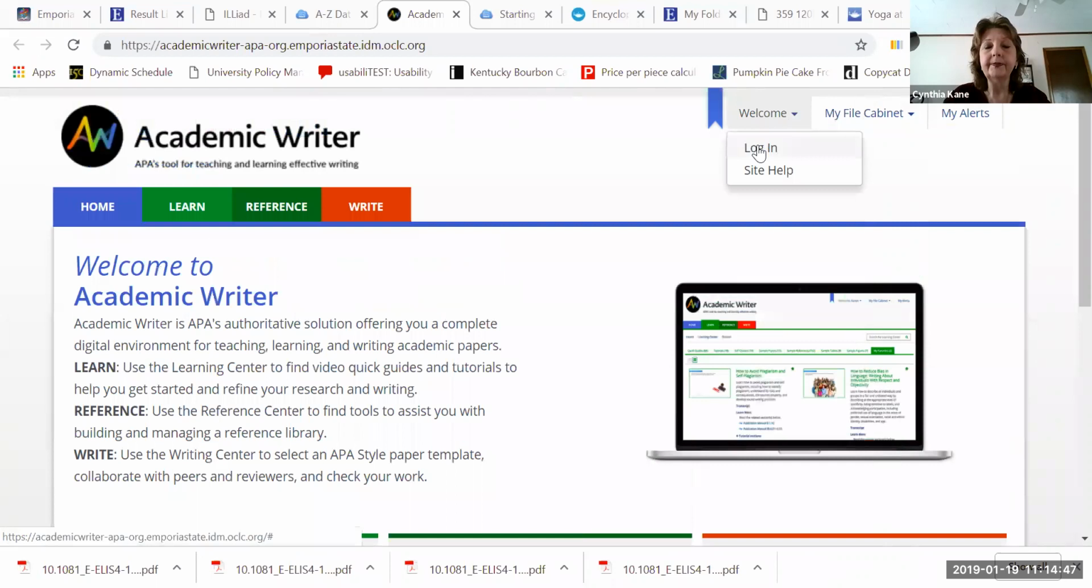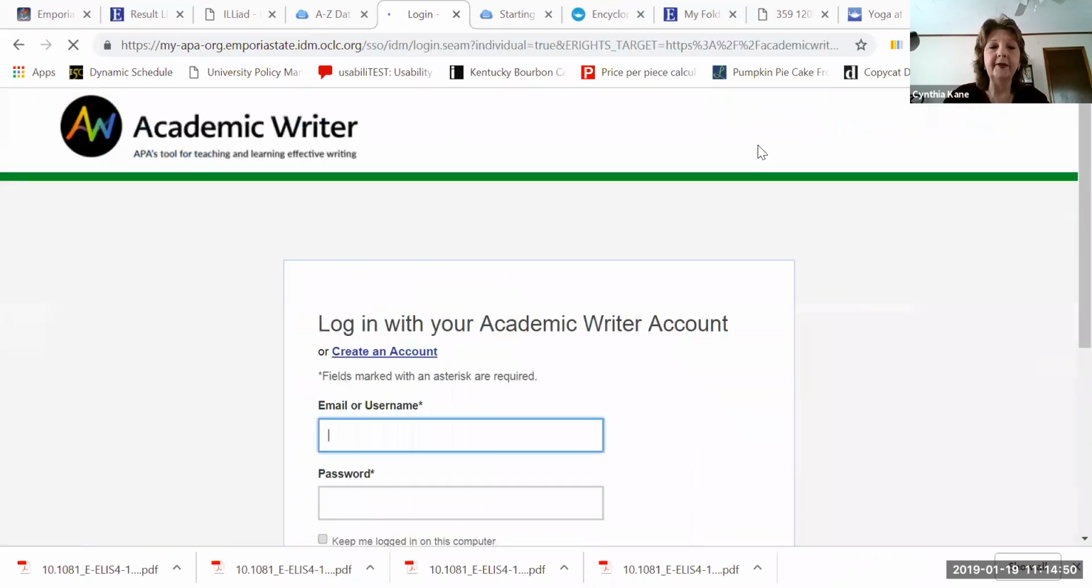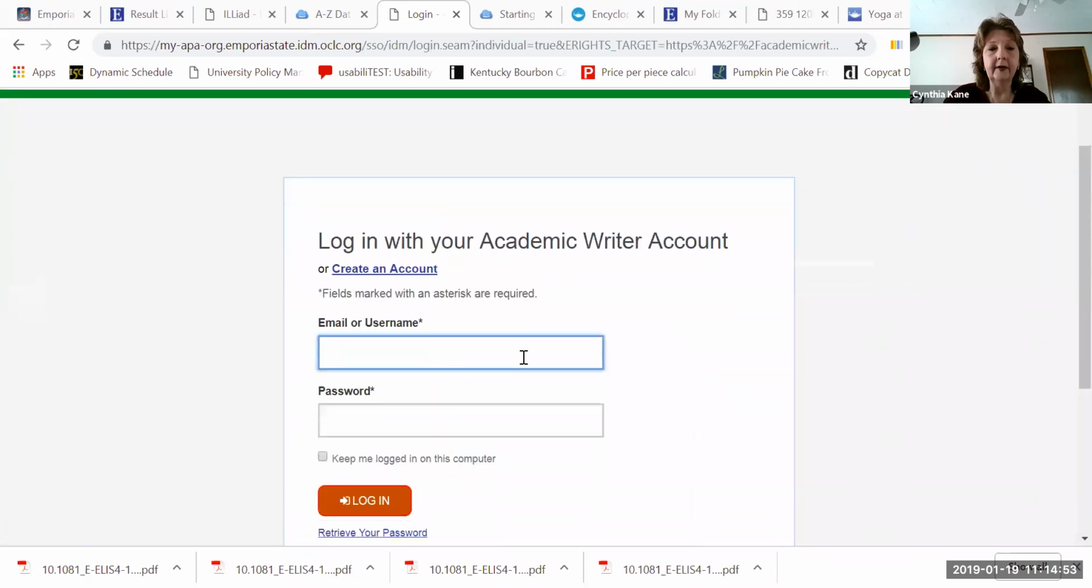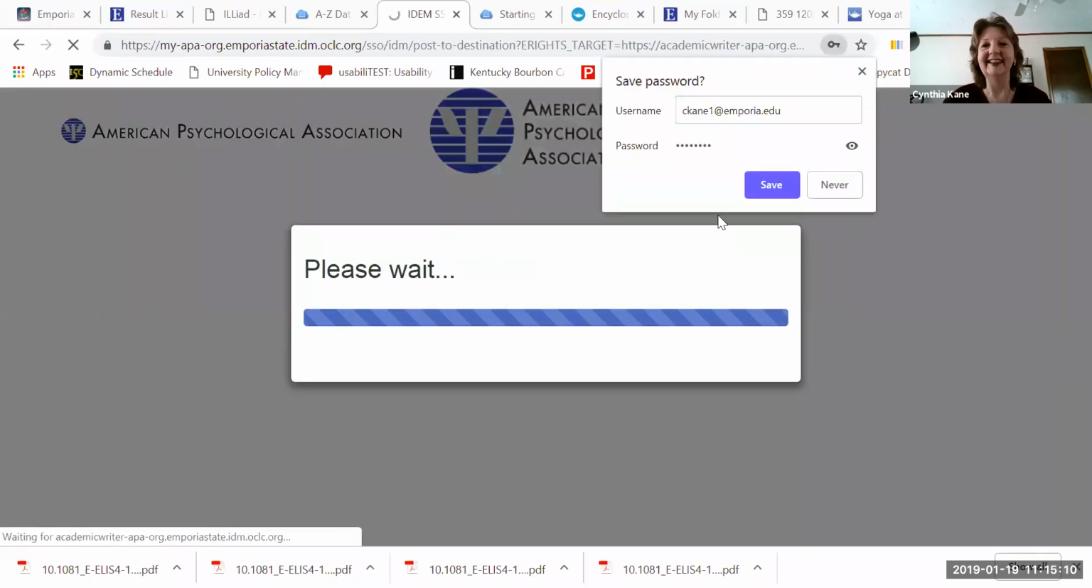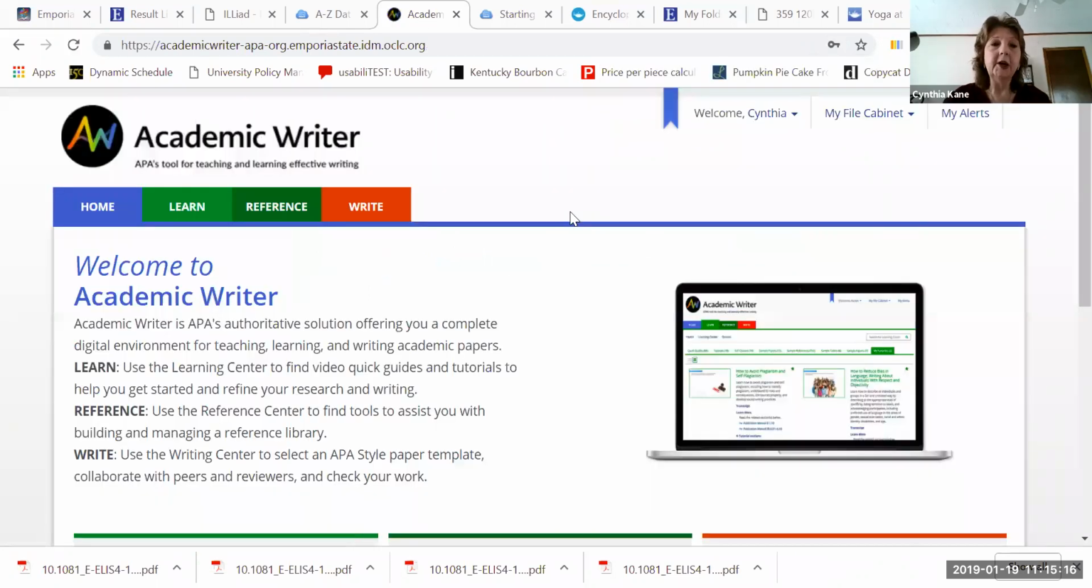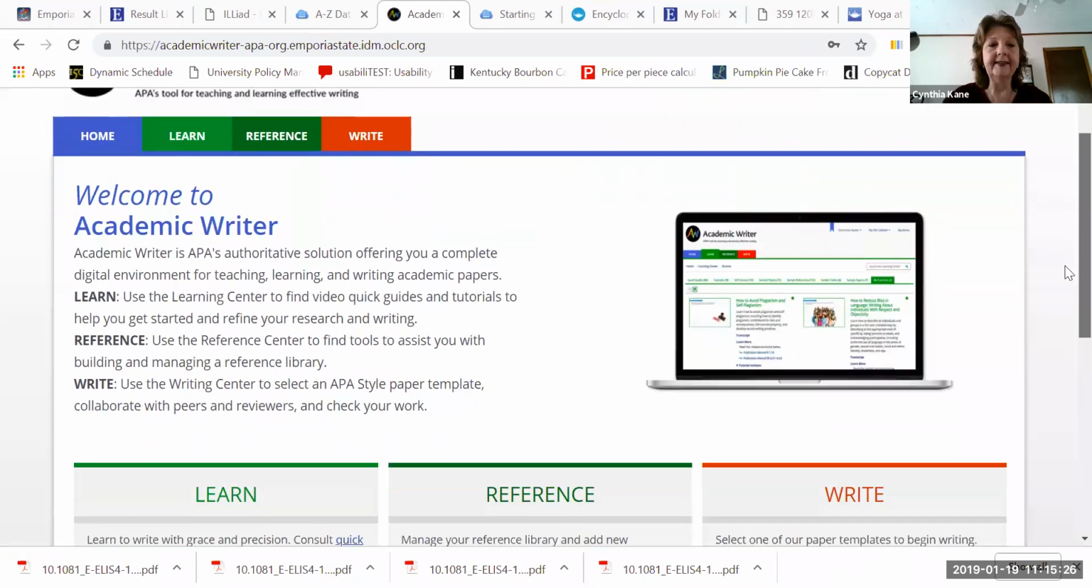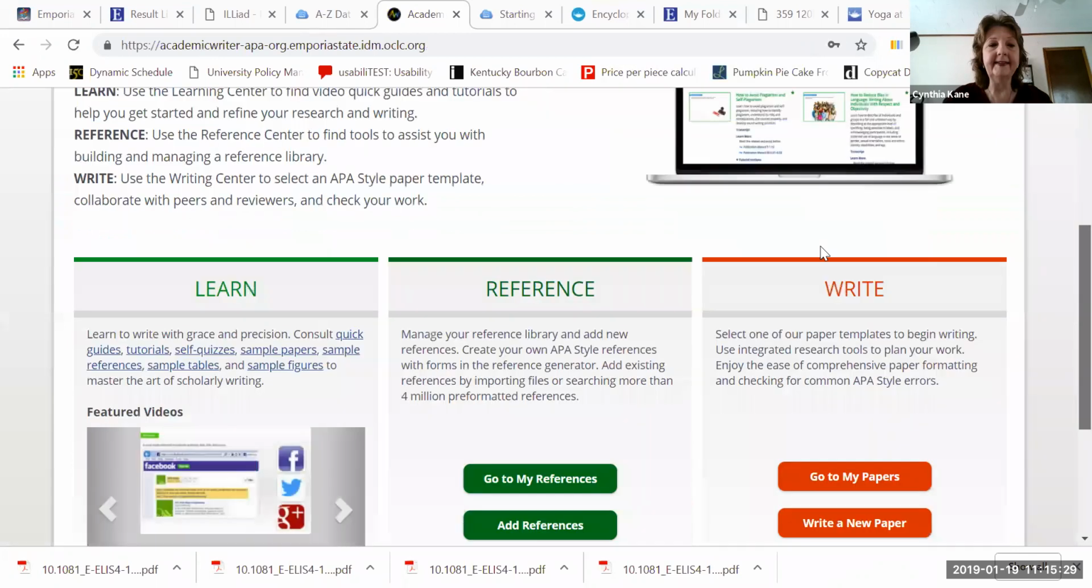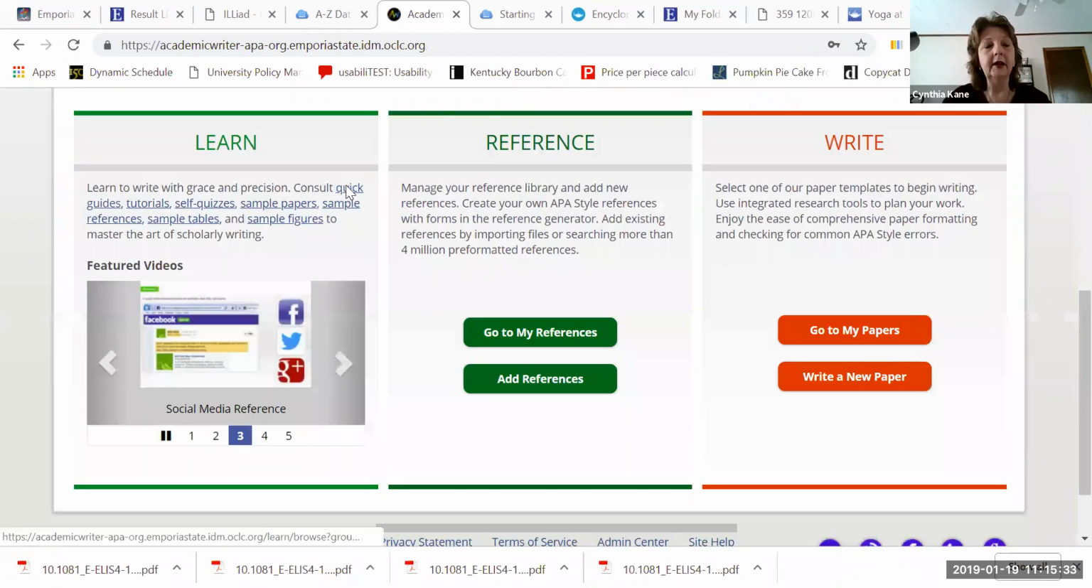If you click up here on Welcome, you can create a free account with this as well. Make sure that I put in the correct password here. Ah, good. I do want it to save that one. Okay, so it takes just a few seconds to create a free account. Create a free account within Academic Writer as well, because it's kind of like creating an EBSCOhost account. If you create a free account in Academic Writer, this will give you access to these three centers: Learn, Reference, and Write. So under the Learn